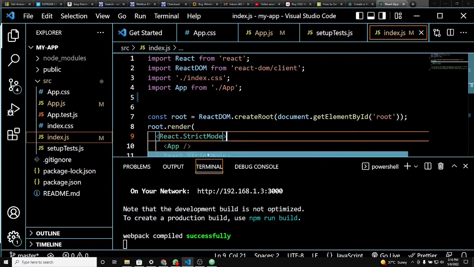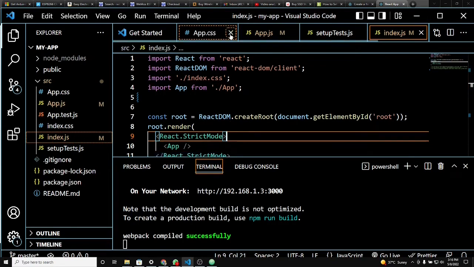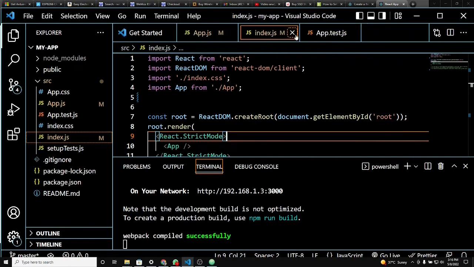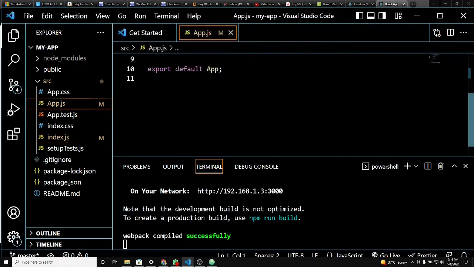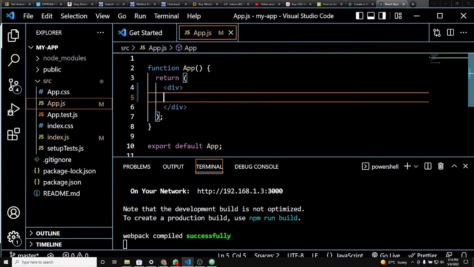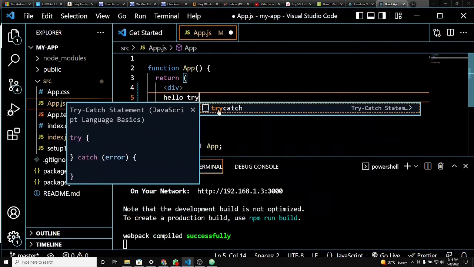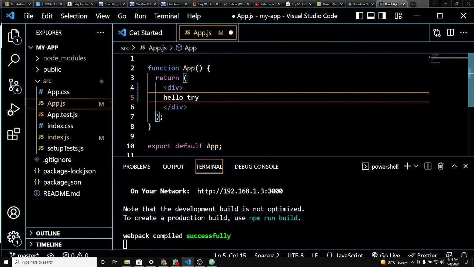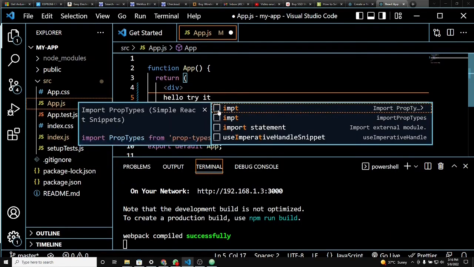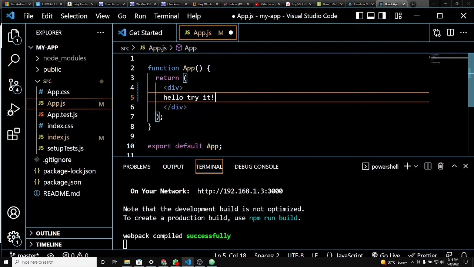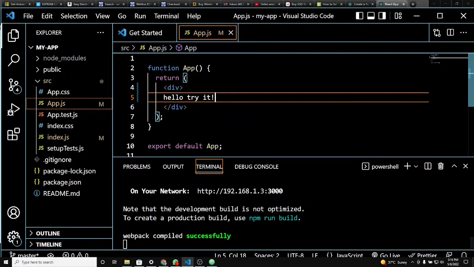So we have our application in the index file. Let's go to app.js and let's try it to see if it shows on the browser or not. Let's put any random text and save it. There you go. Our application is successfully running, and now we can start our coding. So first of all,